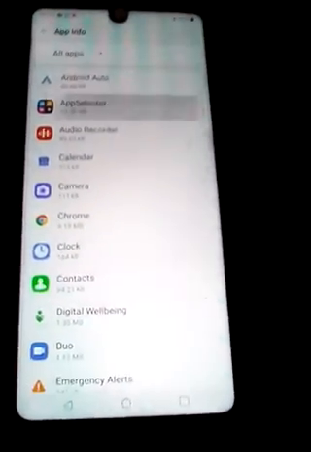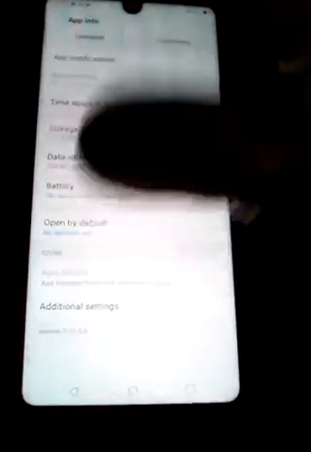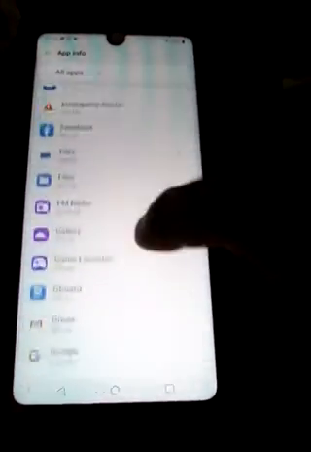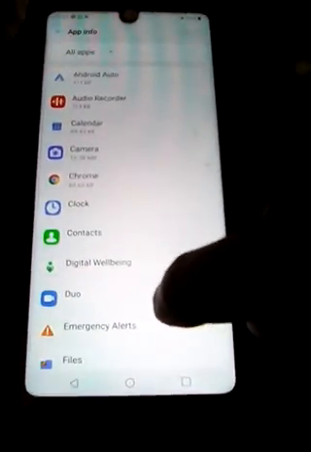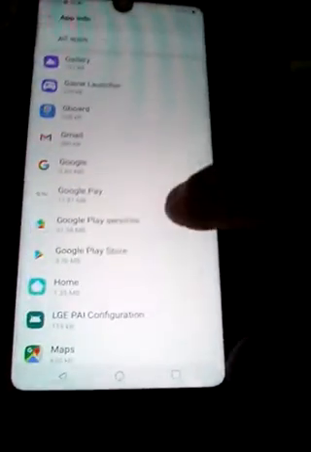So, ooh, app selector. Let's uninstall that, because I don't want them selecting any of my apps, right? Because there's just a bunch of bloatware. So we're going to go down here, and Facebook, I didn't install that, so let's uninstall Facebook. I don't want Facebook on my phone. No. Okay, Android Auto, no, I don't want that going on here. I don't have a car, so forget it. Right, so then,